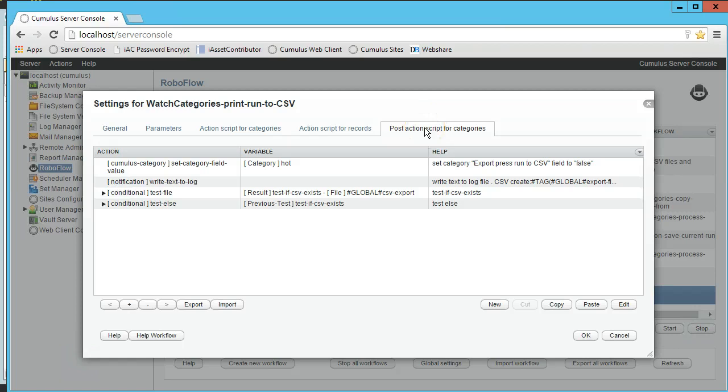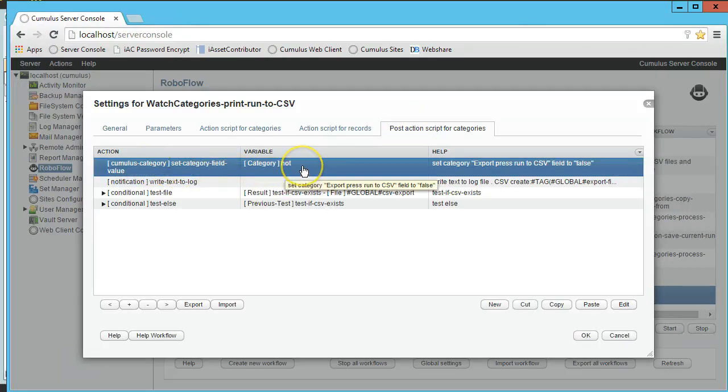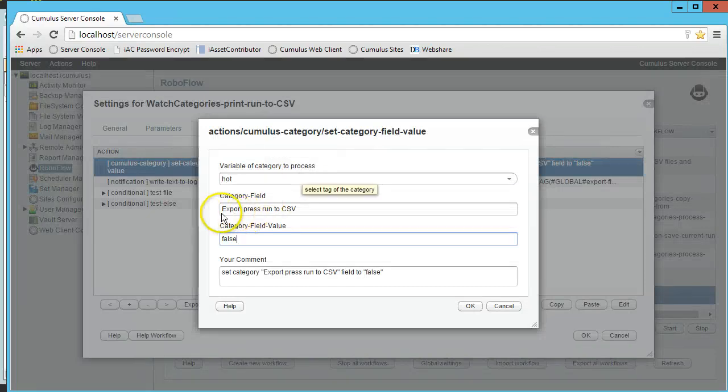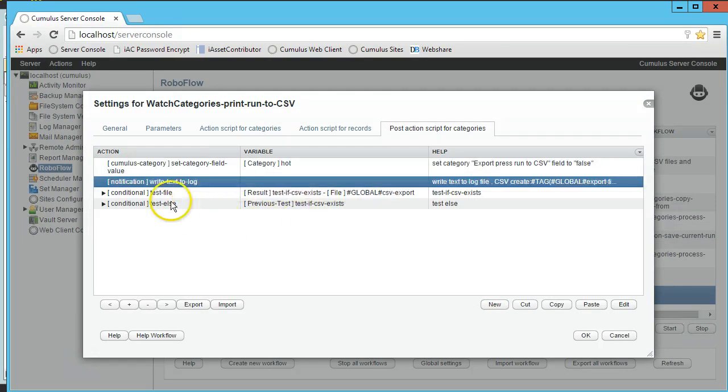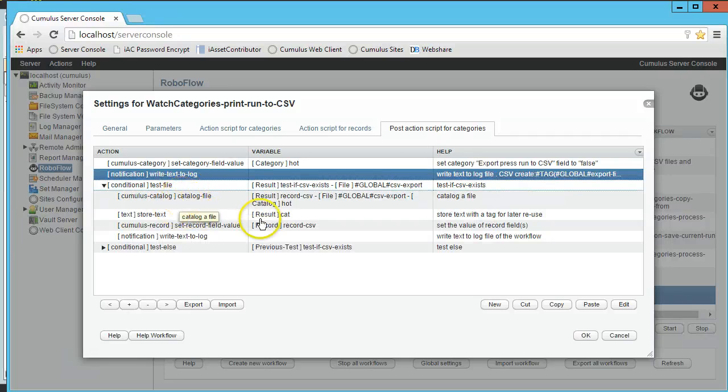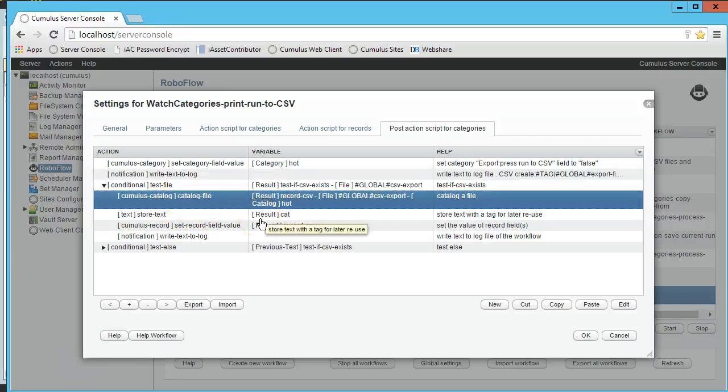At the end of this workflow, as this processing, the script automatically calls the post action script for categories. So for the individual category, it will now set the value of that field that we set, the press run CSV field, to false. So it knows it was processed. It writes in the log that this file was created, and then it tests if it really exists. And if it really exists, of course, then maybe there was nothing to export. If it really exists, it will